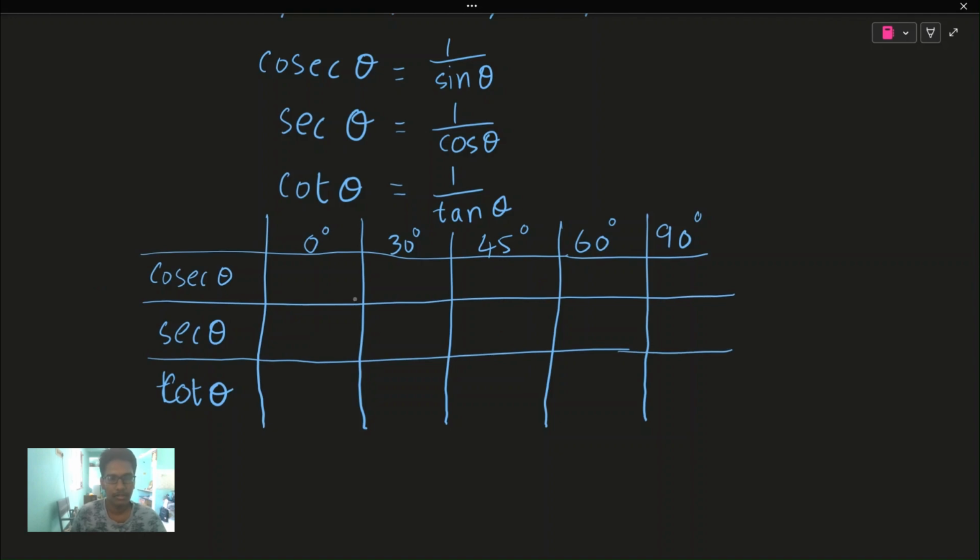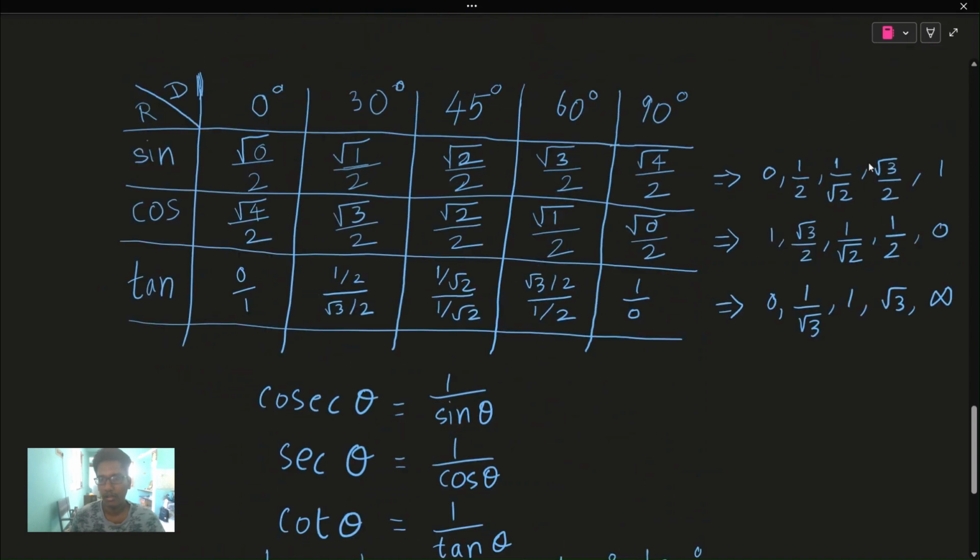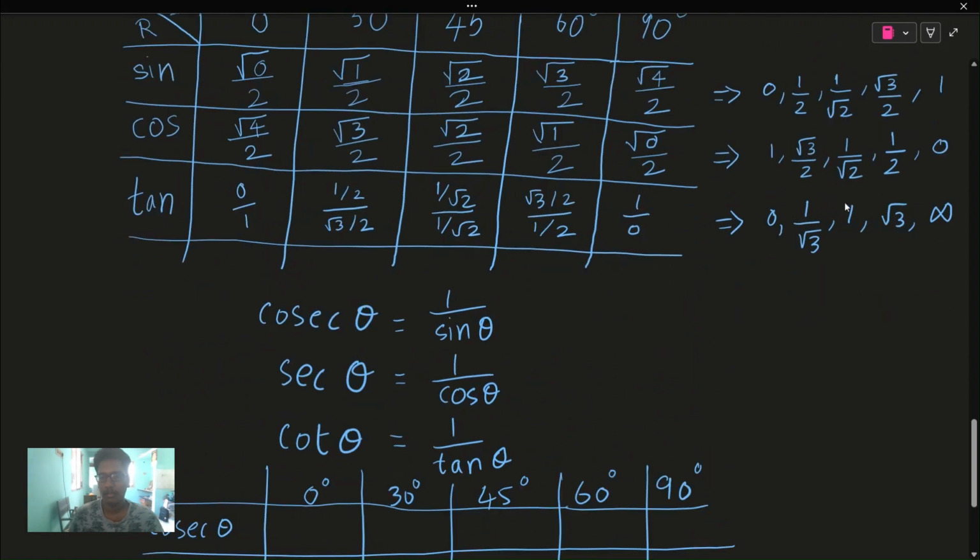So you all know cosecant theta is 1 by sin theta. So just reverse: put 1 by 0, 1 by 1 by 2 and everything as a fraction, as a reversal inverse fraction. You would end up getting